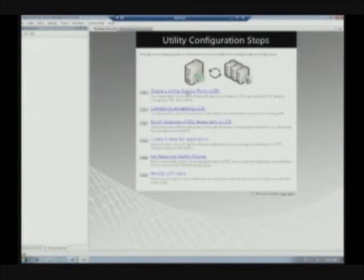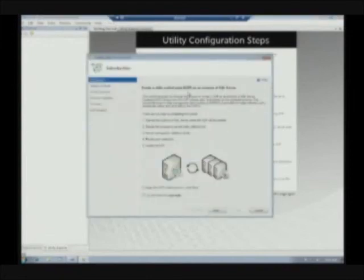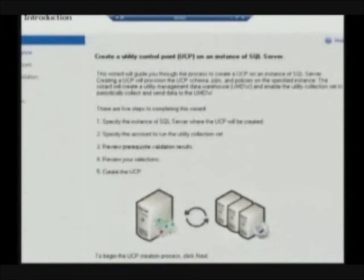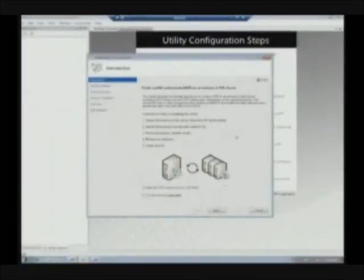We have our Getting Started page. Now there's 3 simple steps to get started with multi-server management. We're going to create our control point, we're going to enroll instances, and then we're going to configure our policies. Clicking on Creating the Control Point launches our Control Point Creation Wizard. 5 quick, easy steps to get started. First step, I need to select the instance